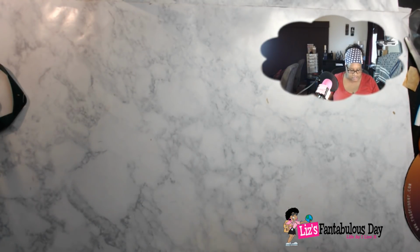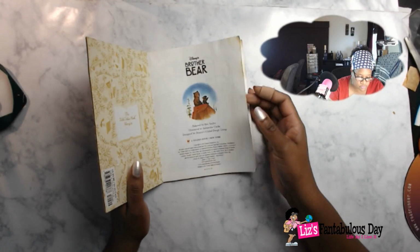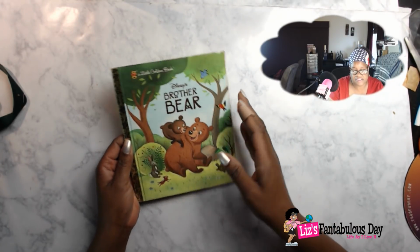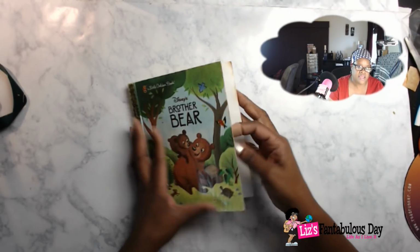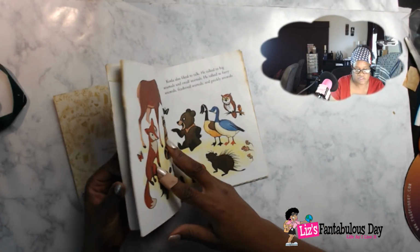And then I found a bunch of Golden Books, which are hard to find for some reason. And they're not that old. I did look in some of them to see what the copyrights are, and some of them are from 2000, but I just like the Golden Books anyway. And I like the illustrations on the inside. So this one is